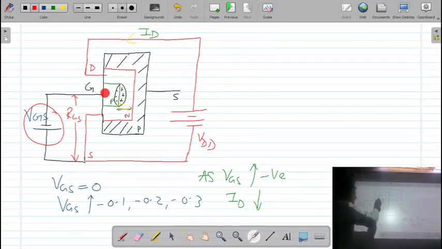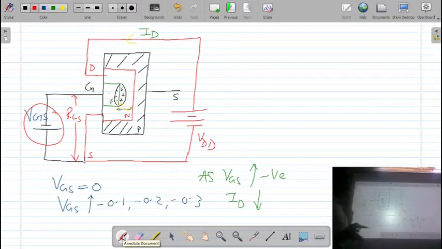The gate is heavily doped, so a large value of current will flow, and there is maximum possibility of destroying the field effect transistor. Either this terminal will be destroyed or the channel will be destroyed. So please never operate a FET or JFET in forward bias. The gate should always be operated in reverse bias.